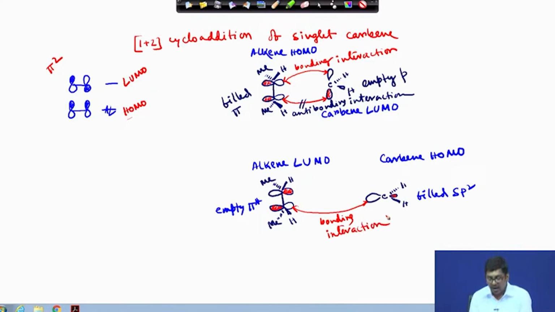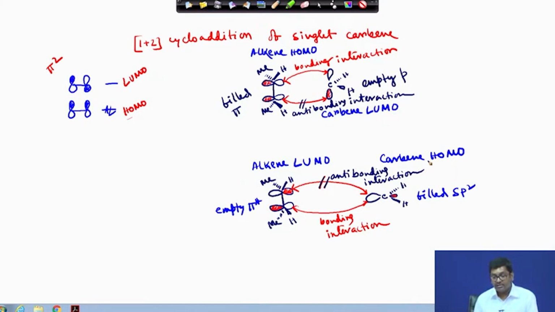Okay. But this one is anti-bonding interaction. Okay. So, this is the anti-bonding interaction. Fine. So, in this case also, if we see that these two direct approaches are not possible for this